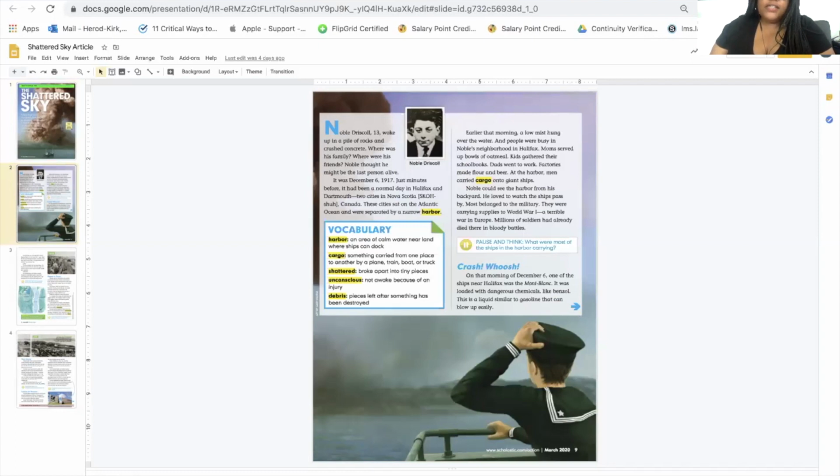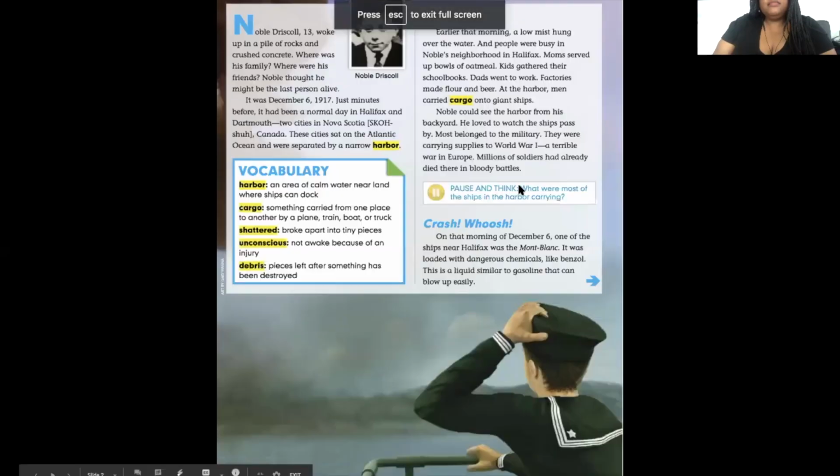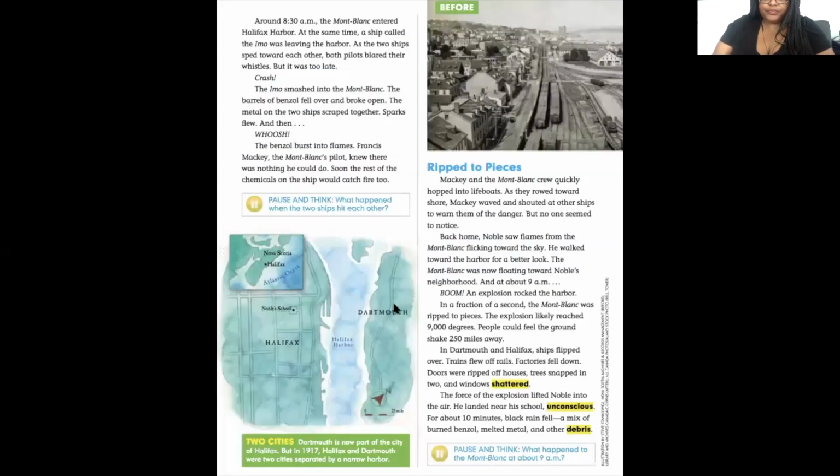Of course, Tuesday is your reading day, but Wednesday, Thursday, and Friday's assignment will call on you to go back to the reading, review information so you can answer the questions. So here's the article. If you want it maximized, you can maximize it like that, read it. Here's your vocabulary again with the definitions. You also have the Pause and Think questions here so you can know what they are,